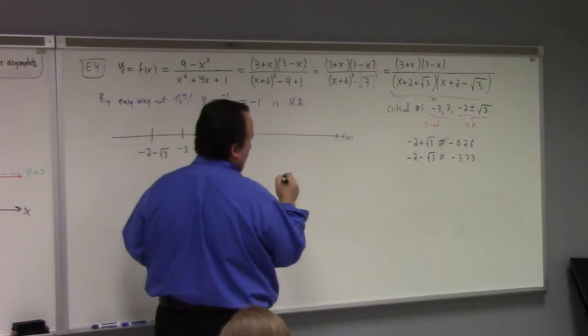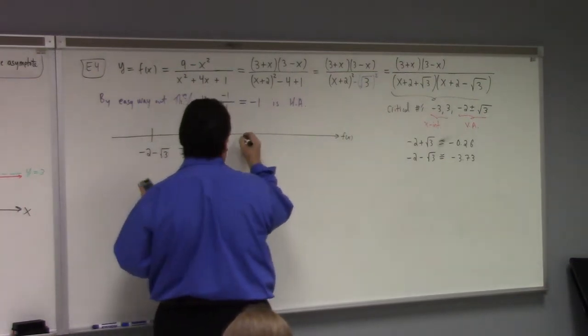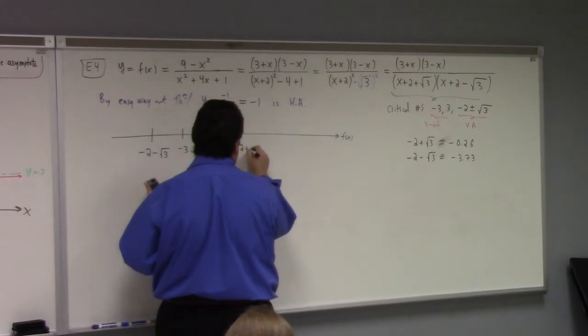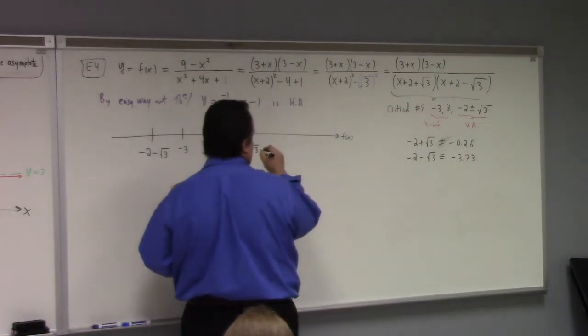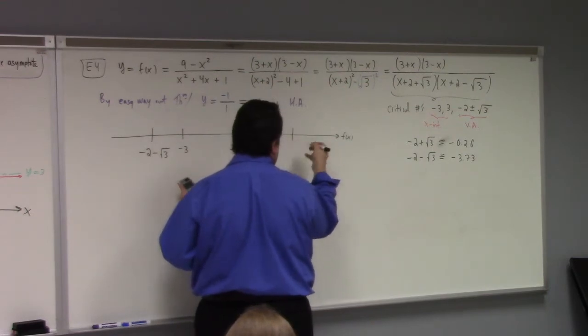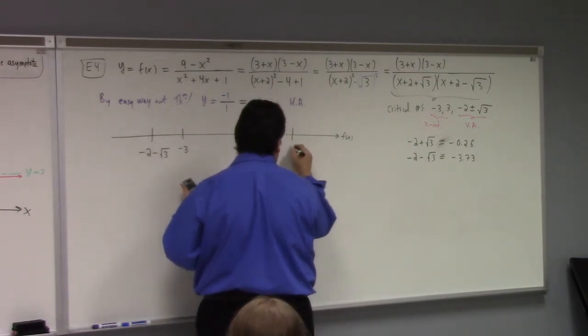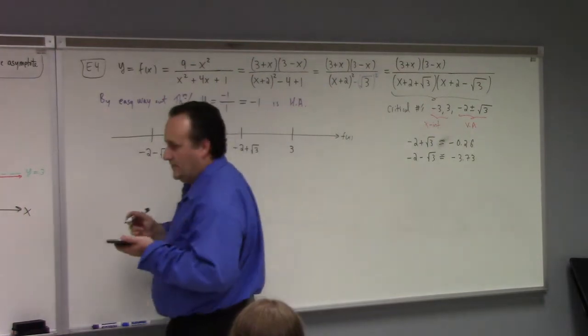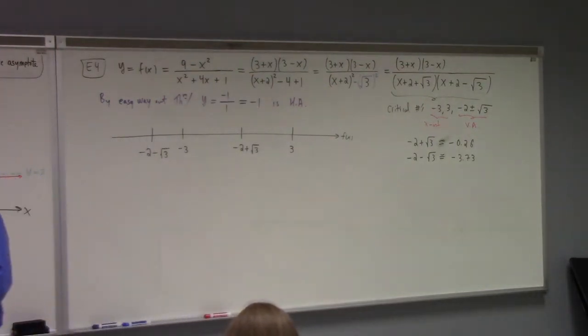And then comes next is minus 3. And then after that, we run into the minus 2 plus the square root of 3 critical number. And then way over, well, not way, but anyway, somewhere over here. I'm not trying to keep a sense of scale on this picture, okay? 3 is over there. I'm just trying to make sure I have them in order. So my picture is going to be a little bit,